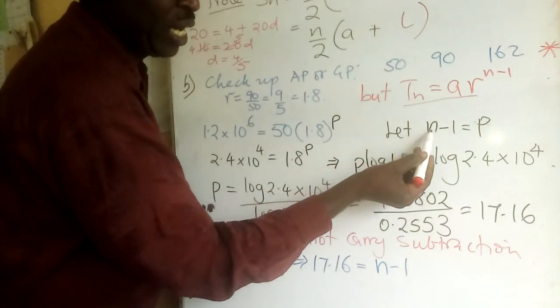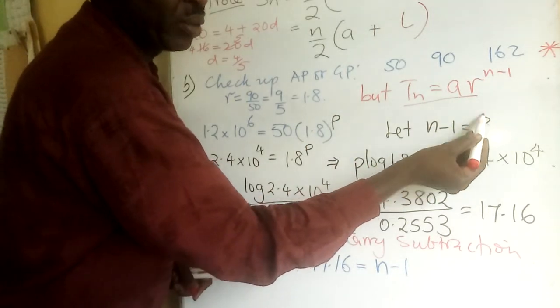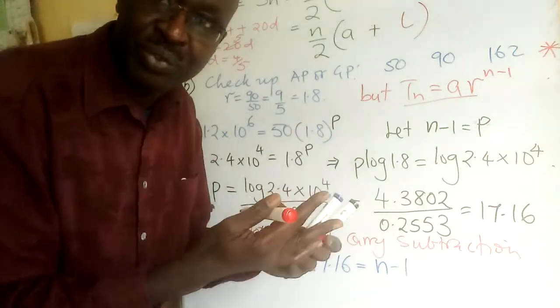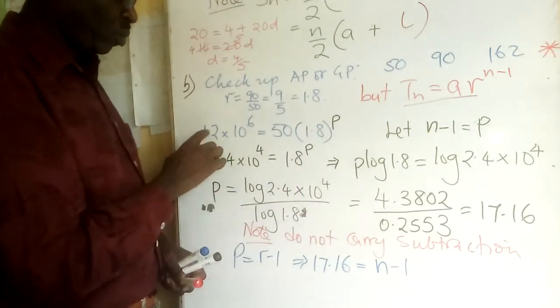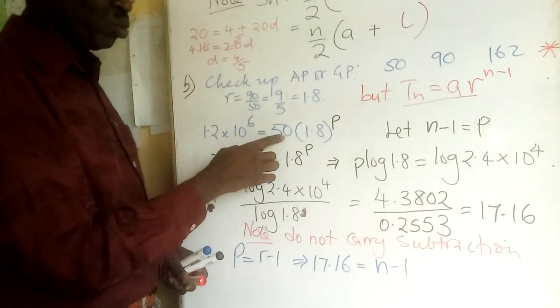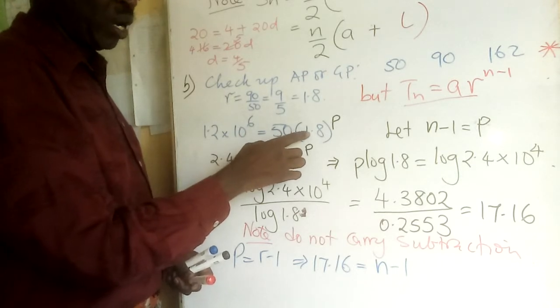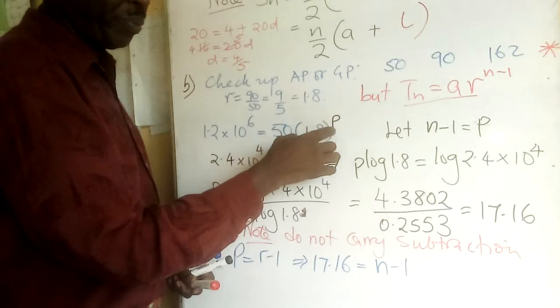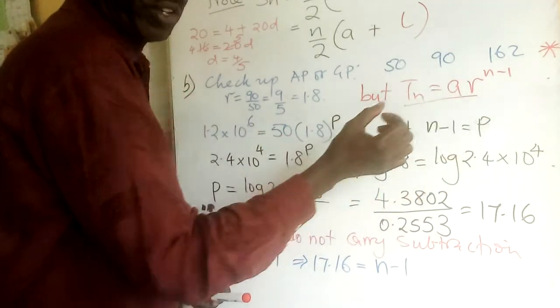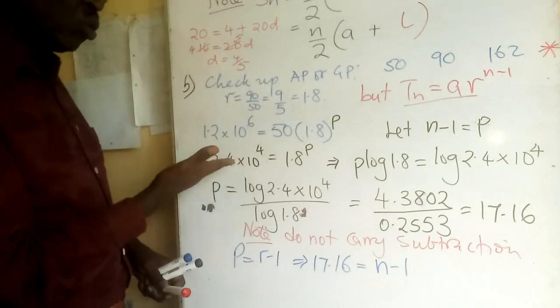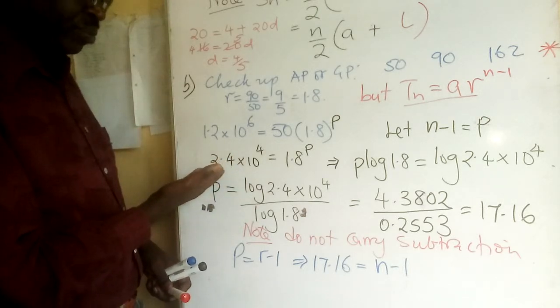But I've said let n minus 1 be substituted by P for easy computation. So you have it there. 1.2 million is equal to A times 1.8 to the power P. P stands for n minus 1, typical of the formula. So you come here,